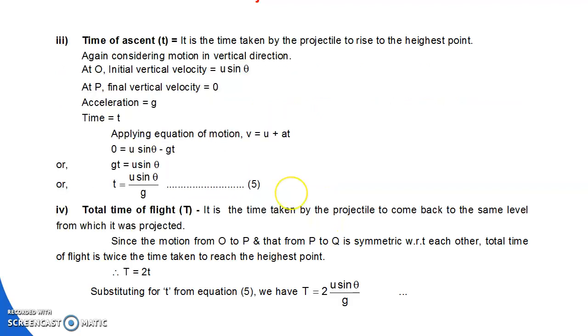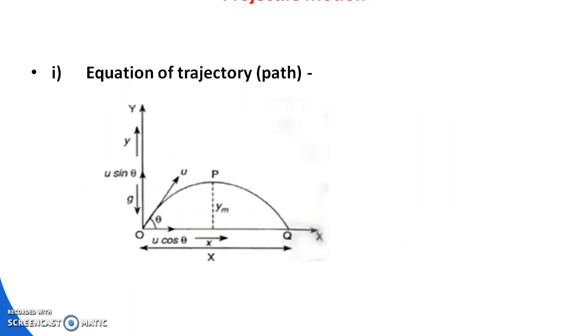Horizontal range means, let us discuss from the figure. What is the distance covered in the horizontal direction, from O to Q? When the projectile is fired, how much distance will it cover in the horizontal direction, OQ? The symbol is X. So when we calculate the horizontal component, we will consider the horizontal motion, and we know